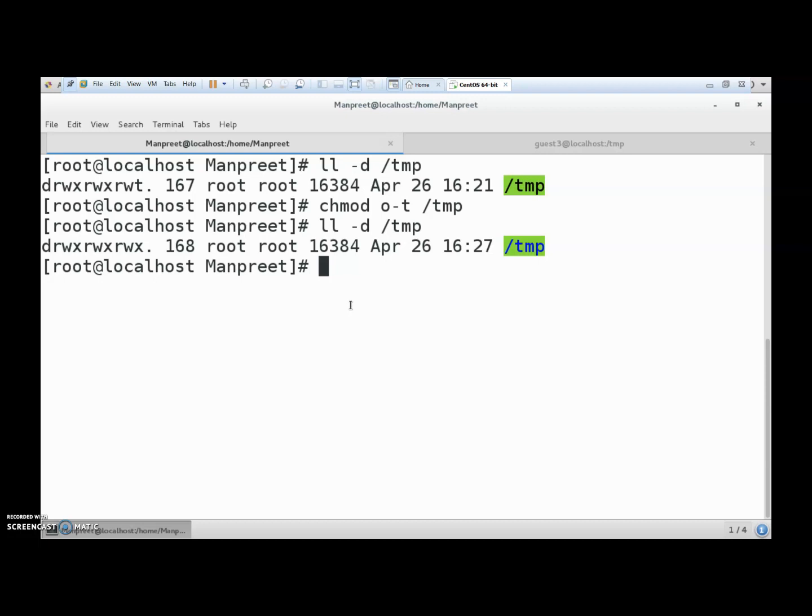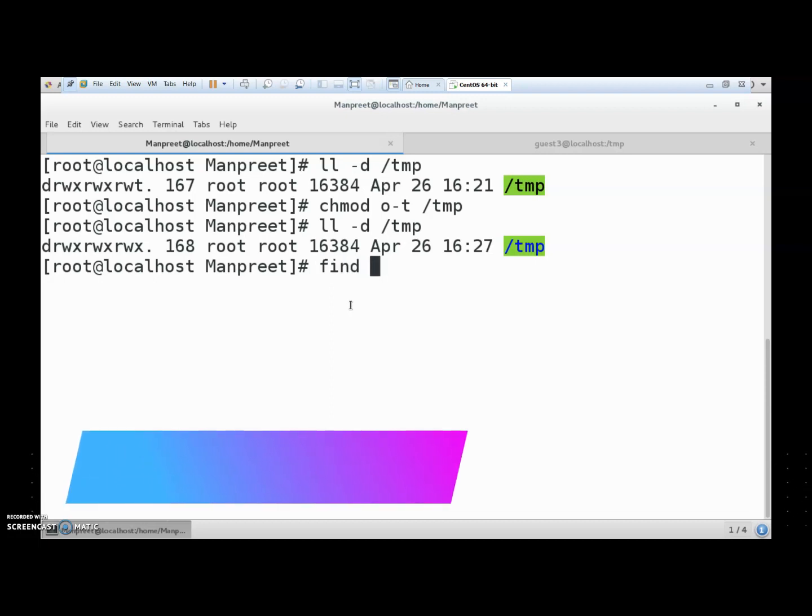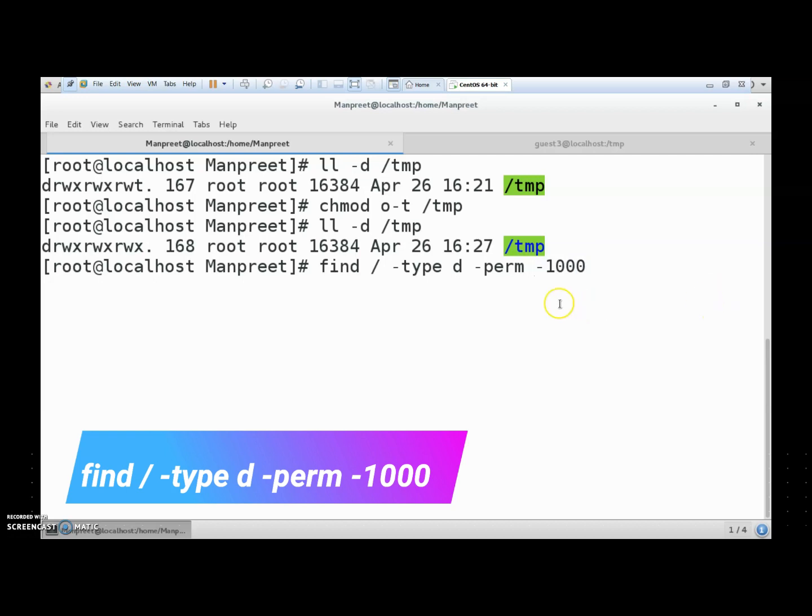You can find some other files and directories in which the sticky bit is already enabled. So what is the command for that? The command is find / -type d -perm -1000. This one is used for the sticky bit. The value one is for the sticky bit, as we have seen in the starting also.